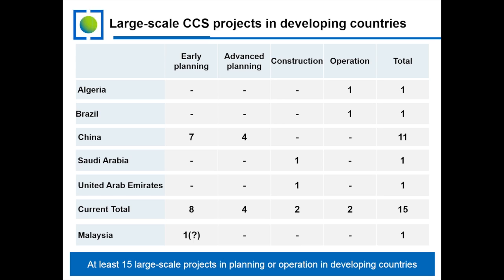Now, the last one I'm going to touch on there is Malaysia, and I've put that at the bottom because this project currently isn't in the Institute's project database, because it was announced in December 2014, just a few months ago. But Petronas, which is Malaysia's national oil and gas company, announced that they'll develop the world's first offshore cryogenic distillation CCS project. So it's the world's first, not because it's offshore, but because they're using the cryogenic technology to capture and separate the CO2 out of a natural gas field. And then they plan to inject it into an aquifer, which is located 2.2 kilometres below the seabed for dedicated storage. So our information on that project is all in the public domain at the moment, but we do hope to get further information from Petronas